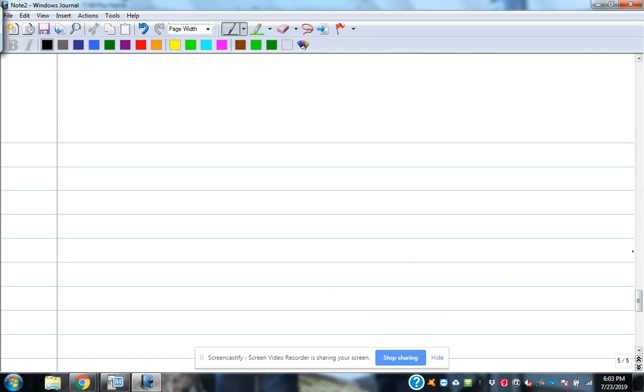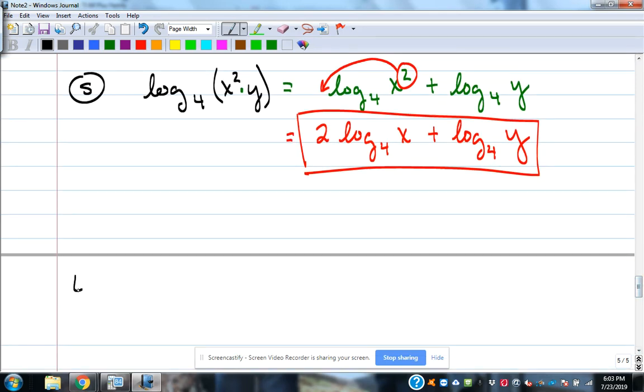Let's say we had example T, log base 3 of x times the cube root of y squared. And I'm putting that in parentheses so it's clear what's the base of the log and what we're taking the log of. Your book might not have parentheses around that. All right, so this one,